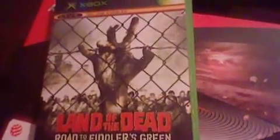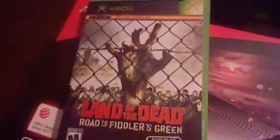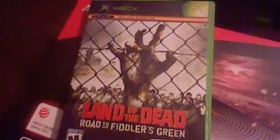Then here we have Land of the Dead. This is a game that I've seen for a long time, but I didn't really want it. Although I'm not really into zombie games, especially now, I didn't mind buying this one because zombie games weren't as numerous